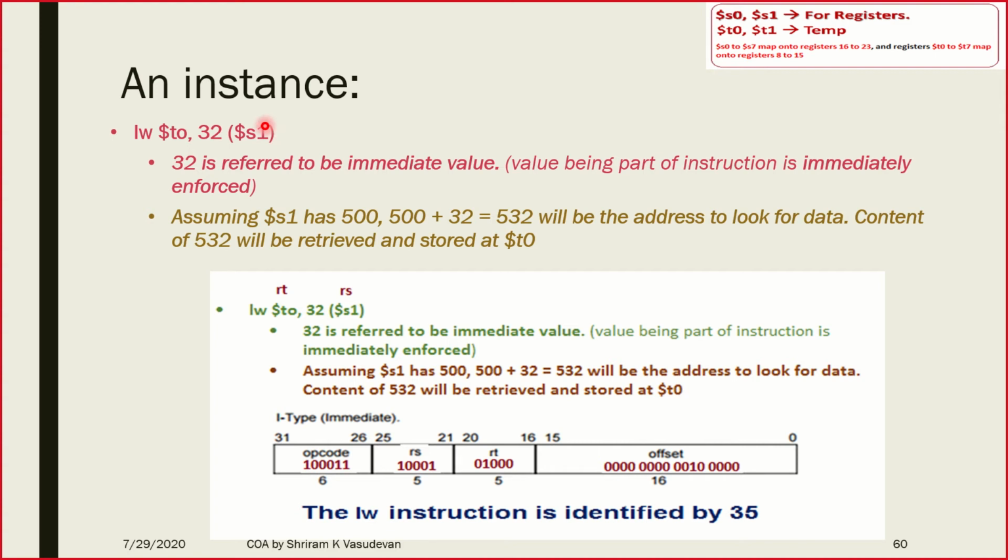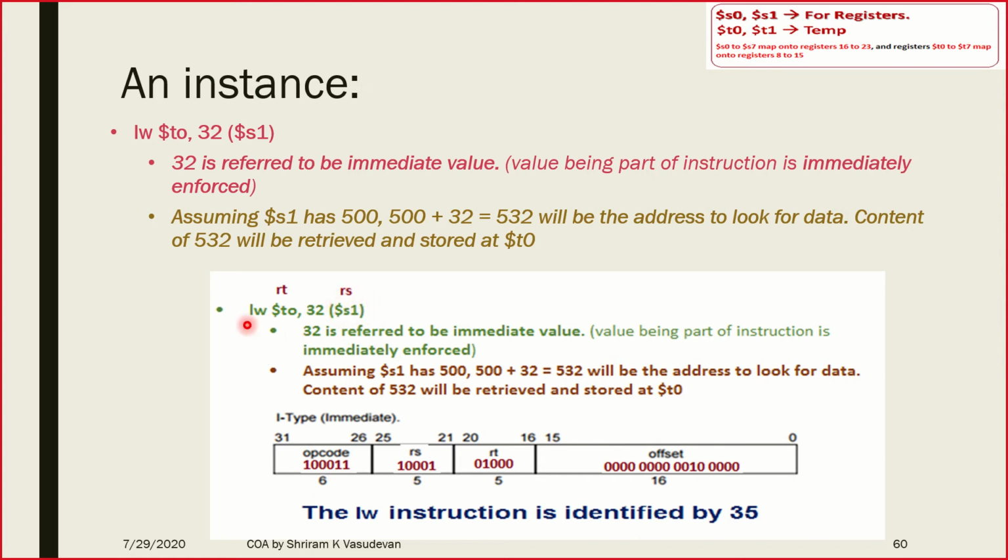And once we get into 132, there will be some value available in that 132. Take that 132 location's content and move it on to T0. This T0 is the loading. I load the content from 32 plus 100, which is nothing but 132, which is a memory location. I take the data from there, I push it on to T0, and this is called loading. And understand, this T0 is called RT. This S1 is called RS. You cannot change it. Remember, you cannot change this.